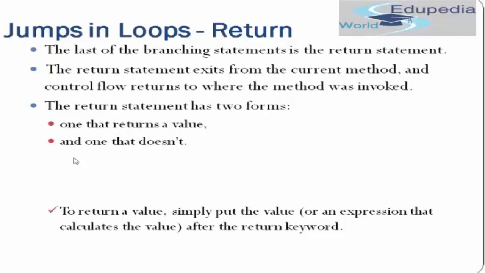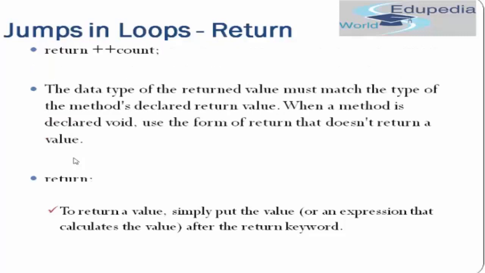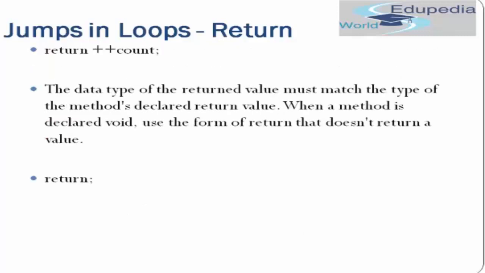Make sure that you have a particular return type for that method and you are returning a value of the same data type from that method. And wherever you are calling that method, the value will be returned over there. And this is how we execute a return statement. In this statement, we are doing the calculation over here only and returning it at the same time. So it is perfectly legal.